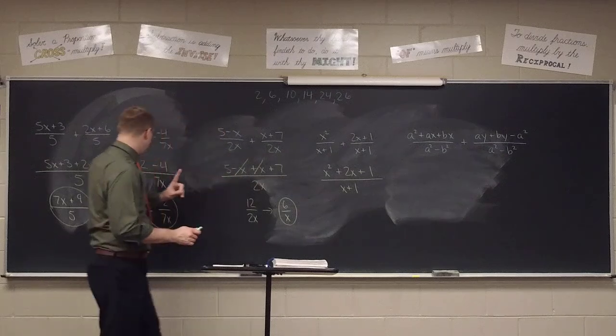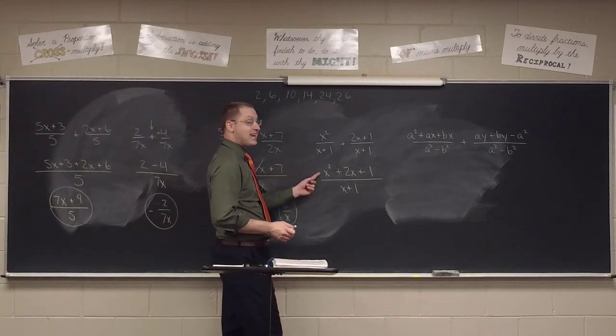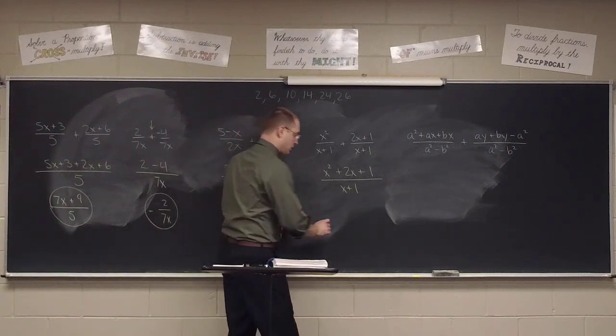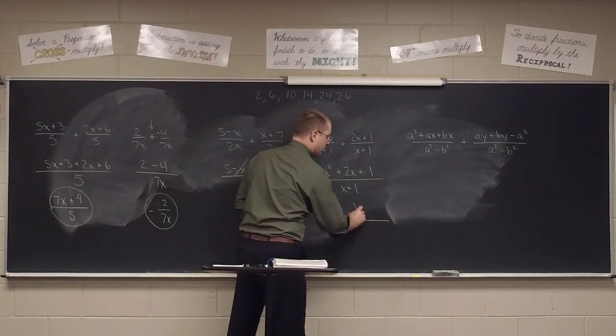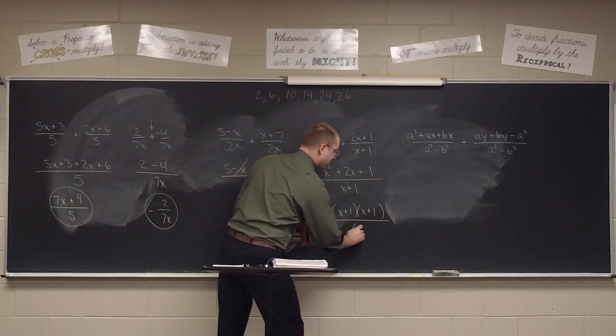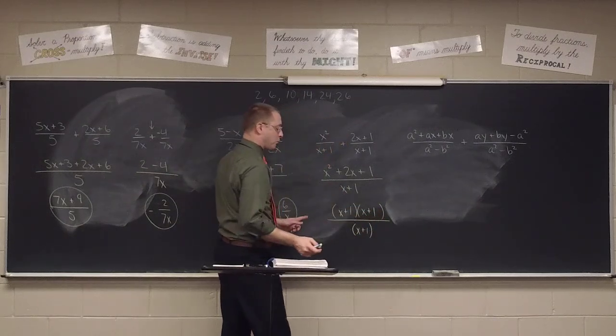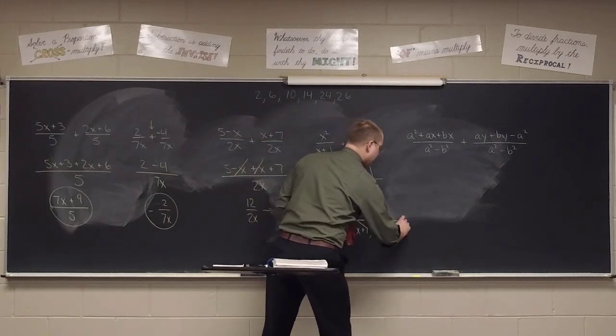But unlike here where we looked at it and said nothing factors, so nothing cancels, here, Maddie, we can factor. So we should go ahead and factor this. And of course, the denominator we could just group as a single x plus 1. And when we do, we can cancel. And that leaves us with